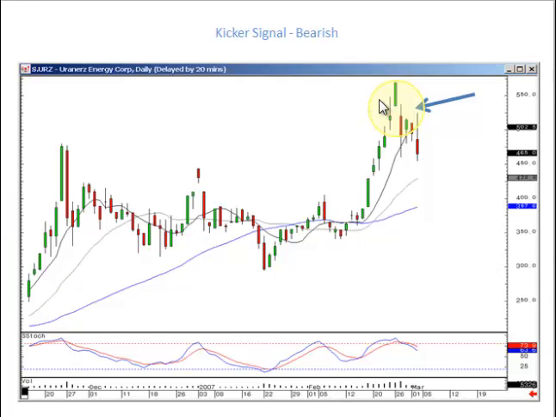The further you move away from the T-line, the higher the probability they're going to come back and test it. And if they gap down below the previous day's open to get there, that means there may not be enough strength left in the uptrend to hold the T-line. They could be taking it down a lot further. Whenever you start seeing gap ups in the overbought condition, start watching for your sell signal.